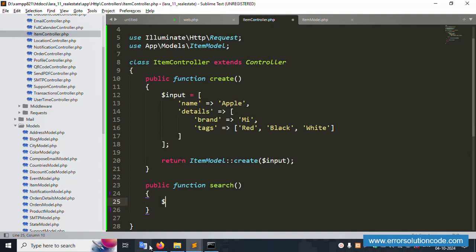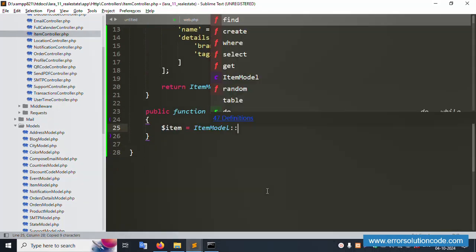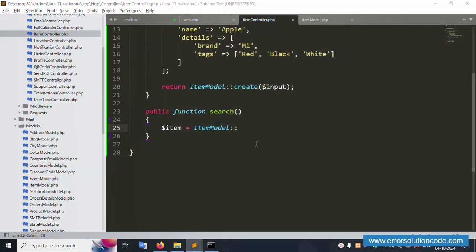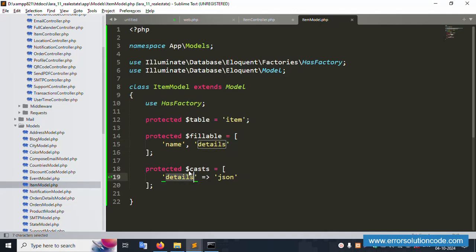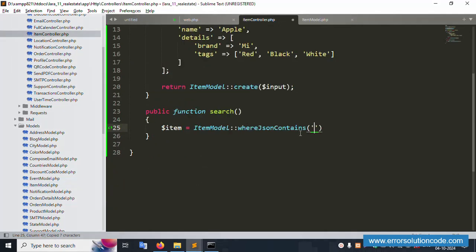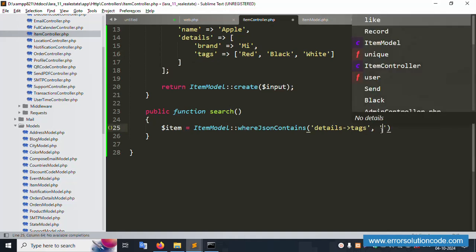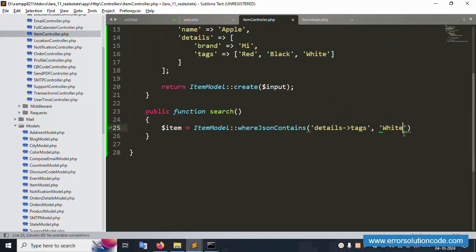$item is equal to the same name, copy and paste here, and this is where JSON contain, and this is the tag already created. This is the detail tag. The same here, copy this details, otherwise this detail is copy and paste here, and this second is the same name, copy tags. This is detail and tag is copy, and inside this implementation white, colorless white,